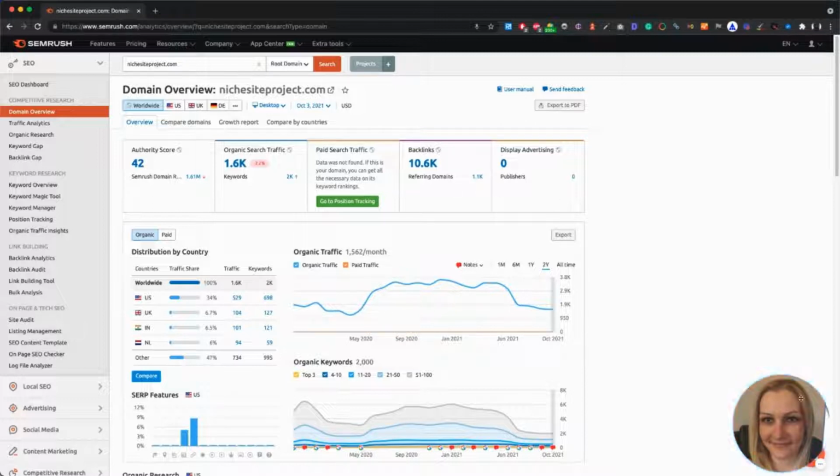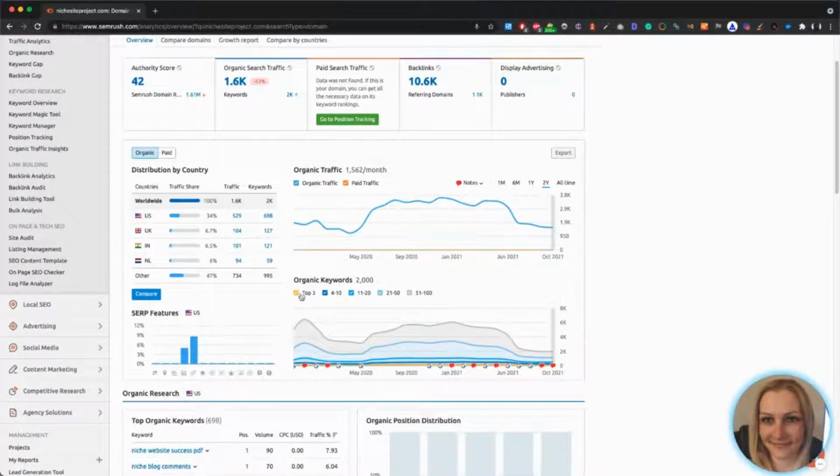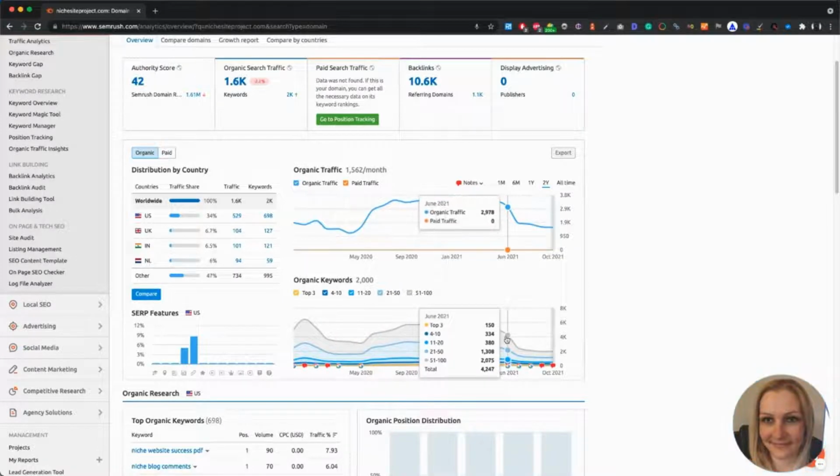So here are the organic keywords, the summary of organic keywords in Semrush. As you can see, you can filter to show only the top 3, maybe only the keywords in the top 10, anything you like. And I can clearly see that this site has been losing visibility starting in June 2021, which